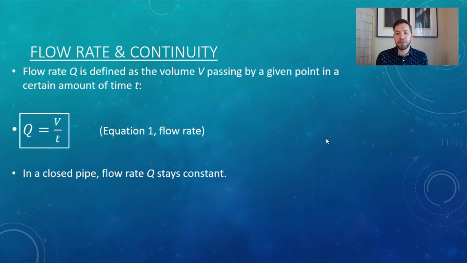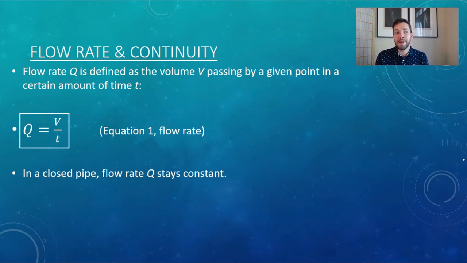But the thing to keep in mind is when it's flowing through a pipe, we assume that this pipe does not have leaks, that it's keeping all of the fluid in the pipe. And so this flow rate, Q, again measured in volume per time, is just going to stay